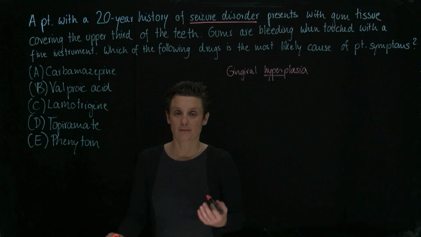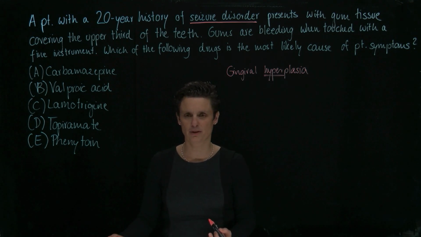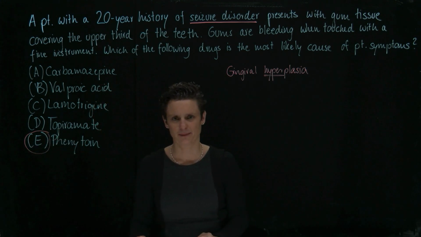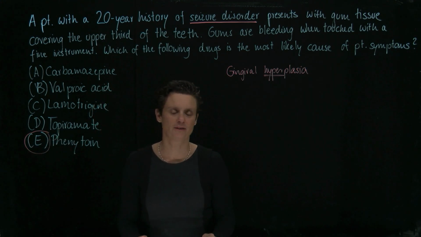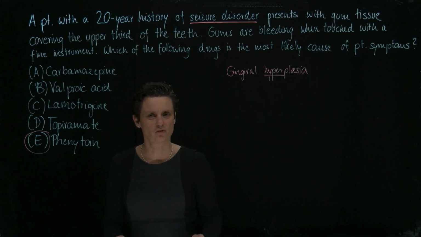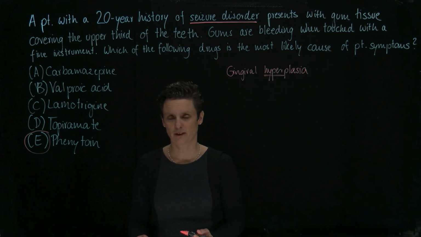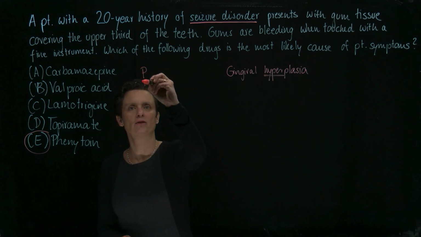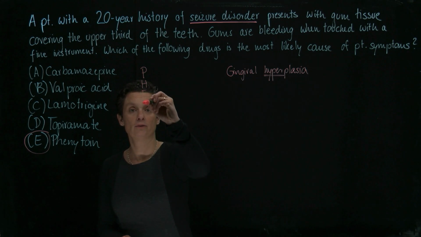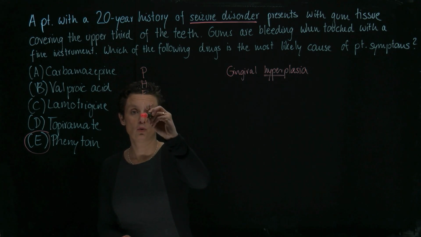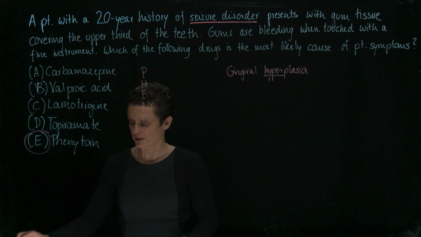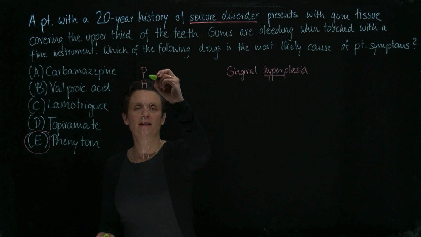So one of them is very famous for causing this adverse effect, and this is the drug Phenytoin, and that's actually the correct answer. So Phenytoin causes a lot of different adverse effects. Let's just review what other adverse effects Phenytoin causes. There's one nice mnemonic if you just write Phenytoin, all of these letters stand for different adverse effects. So P stands for CYP inducer,